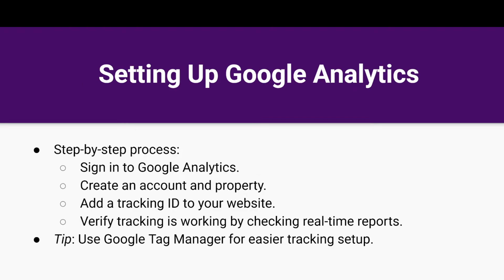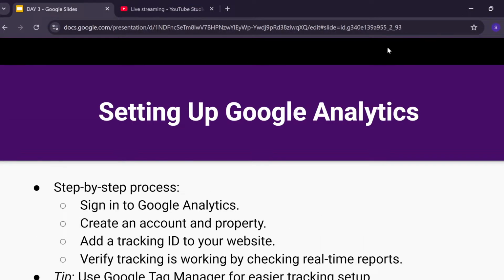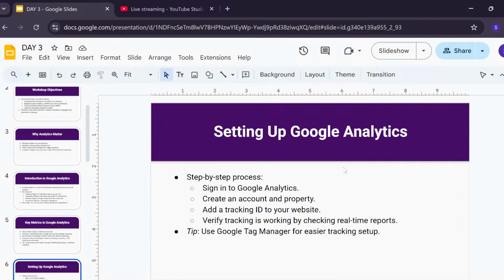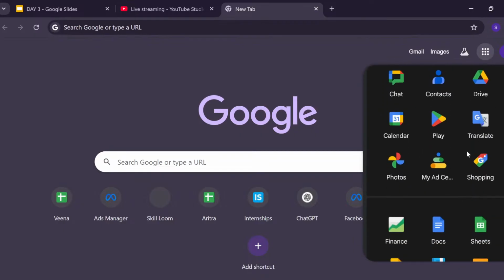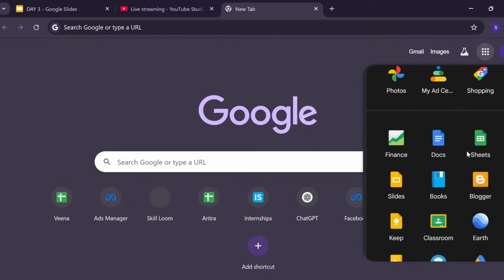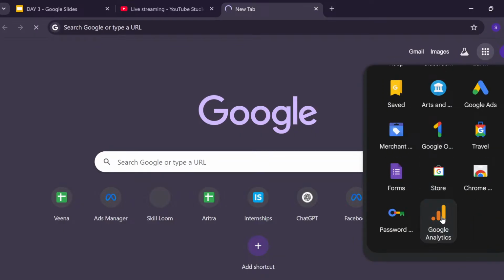Let's get into setting up Google Analytics. How do we set up Google Analytics? Now I'll show you that here. You can find Google Analytics here. Now, once I open Google Analytics,